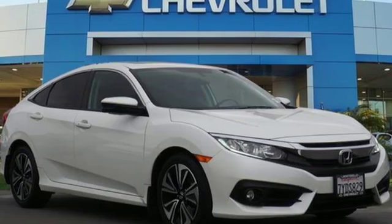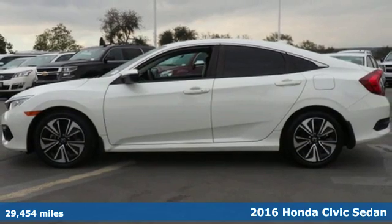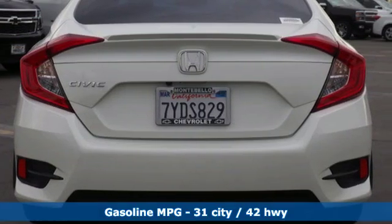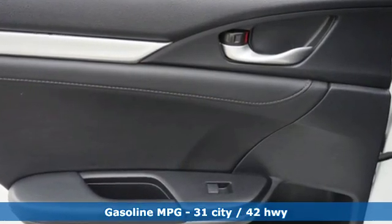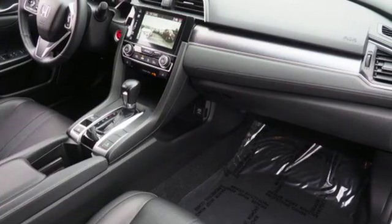Here's a 2016 Honda Civic sedan. Get more mileage out of every drive with this Civic. It comes with great features you'll love. Streaming audio, doors and push-button start proximity key, front heated leather bucket seats, auto-dimming rear view mirror, remote engine start,